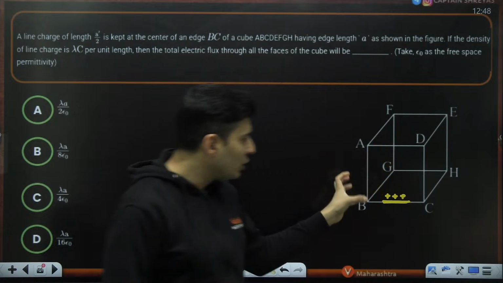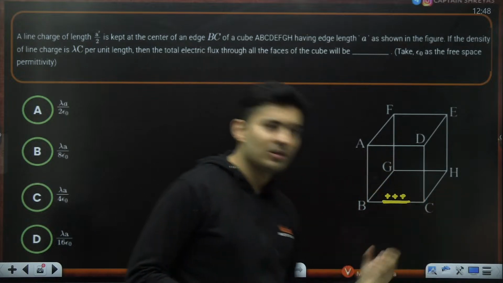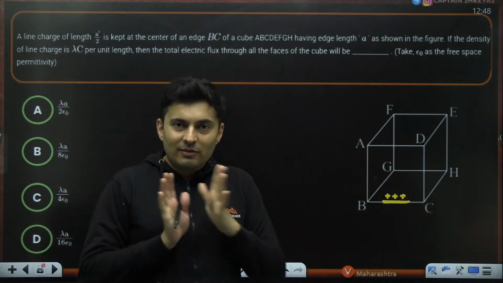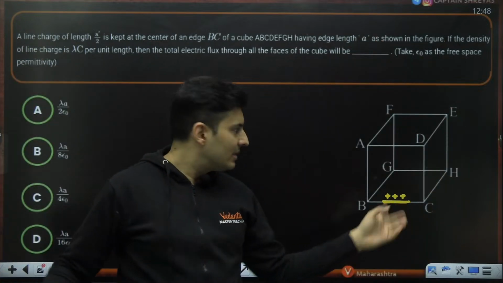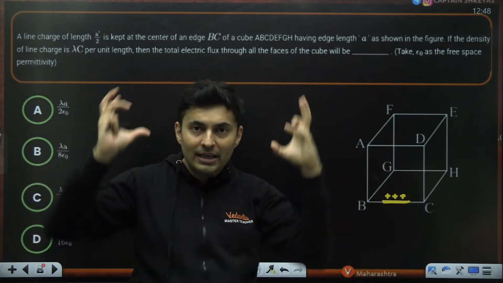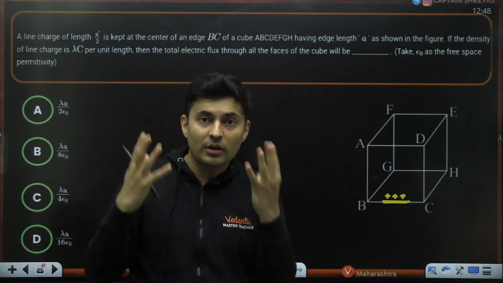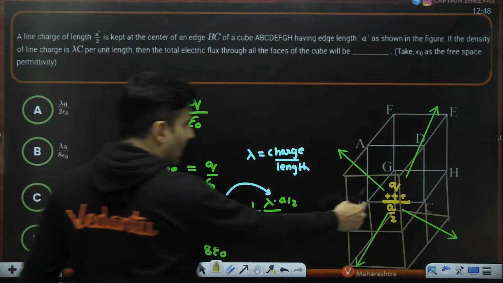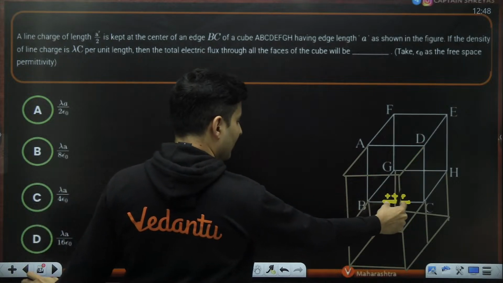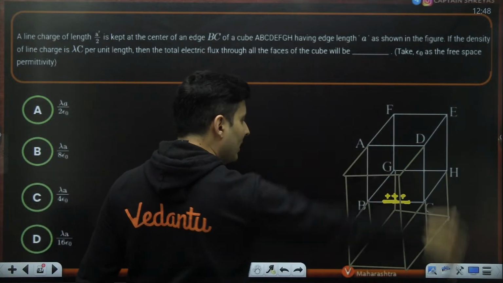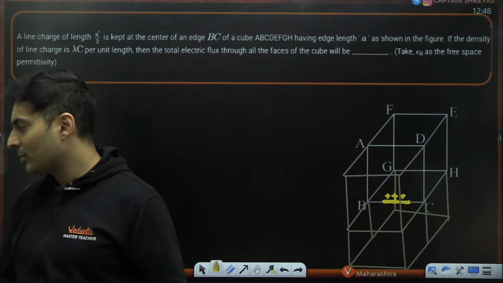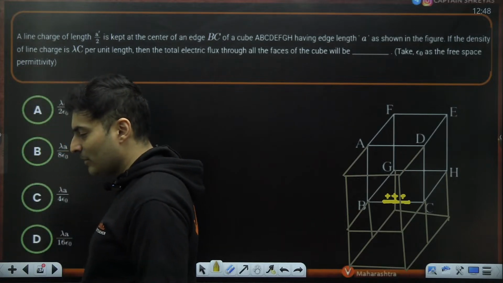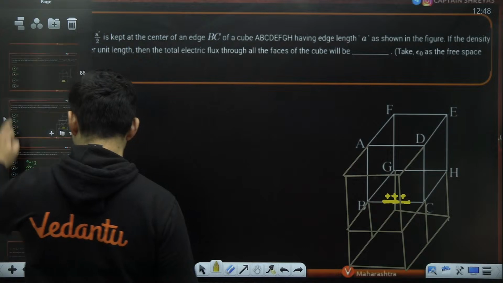I mean, think of a cube in front, below, and below this also. So the flux will get distributed equally, because now that charge will be completely inside those system of 4 cubes, and by symmetry, because that charge is exactly at the center, you can see it will split equally in all the 4 directions. And that's how you get the answer. Isn't it an amazing question? Okay.